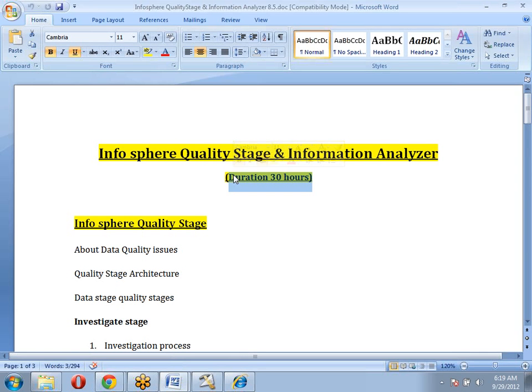And one more thing, are you going to install 8.5 or 8.7? Which version are you going to install on our machine? That depends on the system configuration. It's not a problem for us to install 8.1 or 8.5 or 8.7. For your system configuration, it should be at least 8 GB RAM to install 8.5. For 8.7, it should be more than 8 GB, I think.